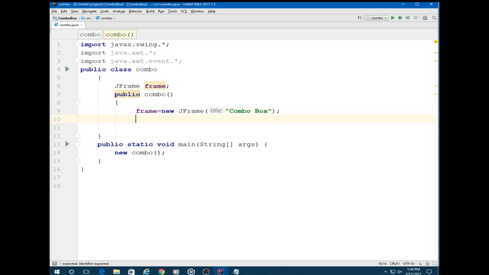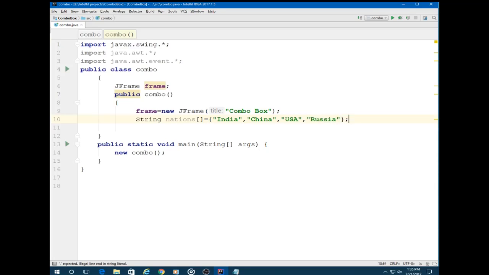That's it. Now let's concentrate on the combo box. First of all, we are required to have an array. For that, we shall declare a string array. Let it be nations, and give it square brackets. And how to initialize an array? Just give those curly braces and type in your values. India, China. Oh, forgot to put those double quotes there. This always happens, you know, all those syntactical errors and typos. Then we have the USA and one more option, the Russia,